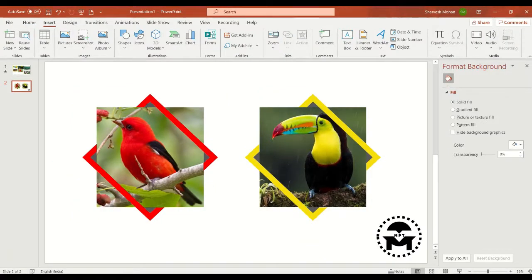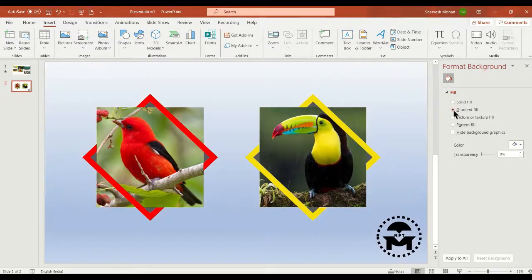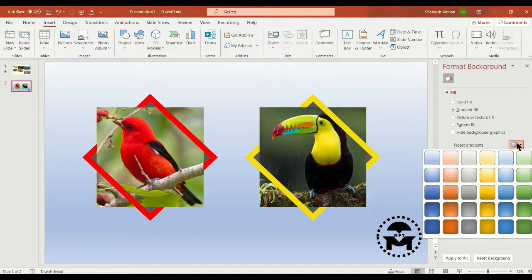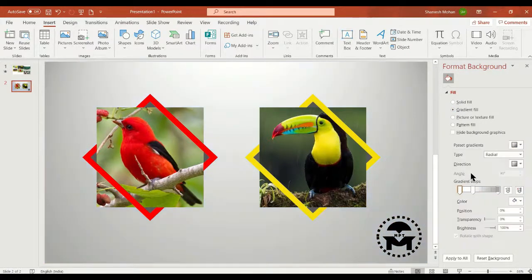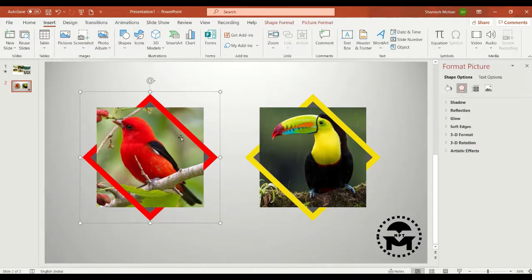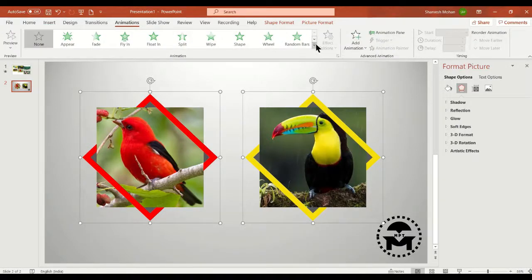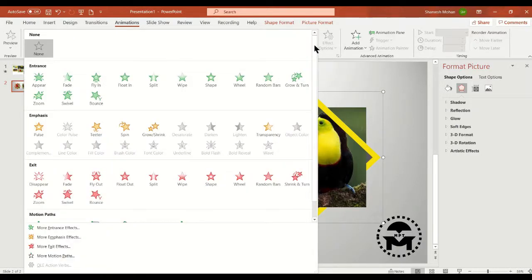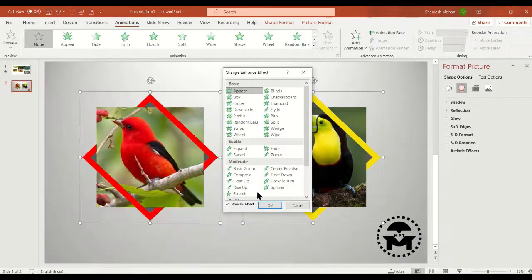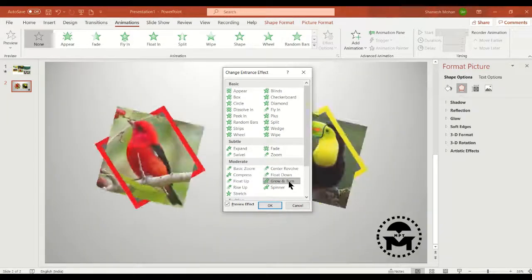Let's animate the picture. First, let's change the background, format background. Go to gradient fill. Let's choose this gradient. Then select both the pictures, go to animations, more entrance animations, grow and turn.